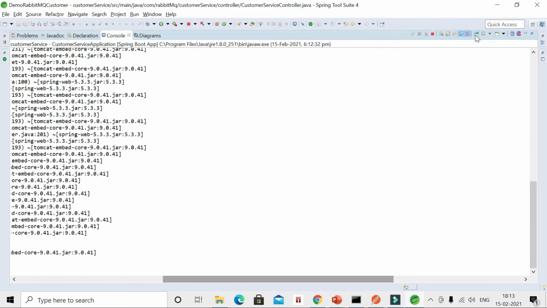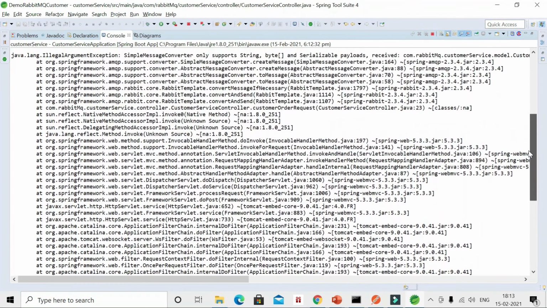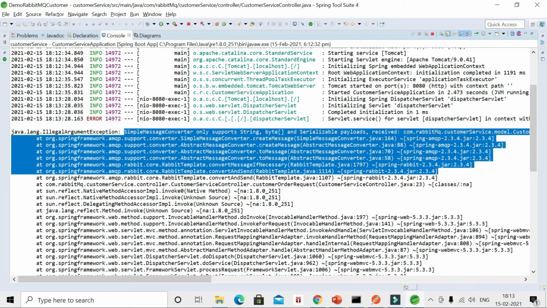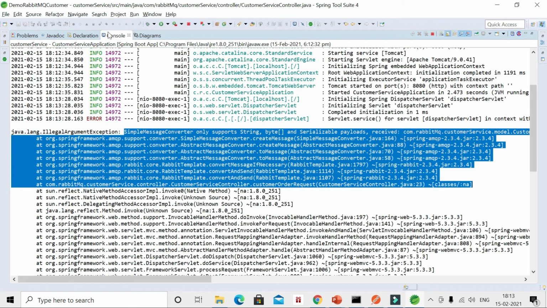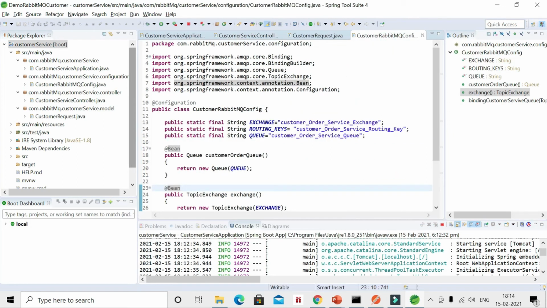So let me open the error. This error, intentionally I gave the message: the simple message converter only supports this one serialization. So it's not converting to JSON. For that we need to add one more method in my configuration file to convert my request to JSON.